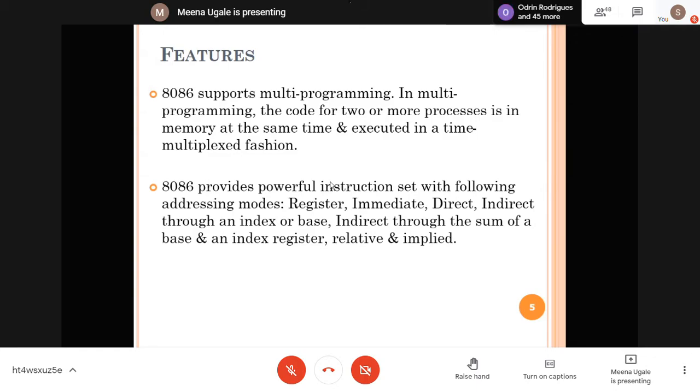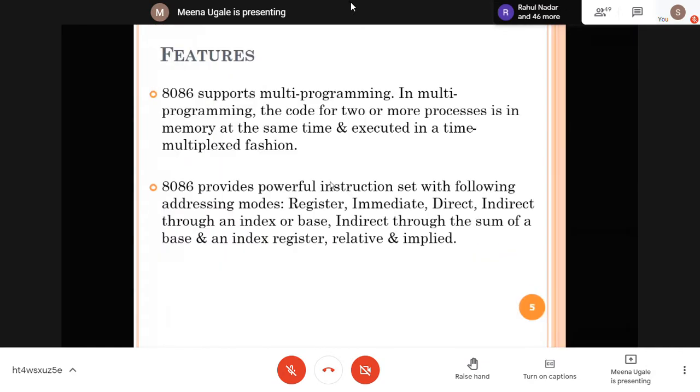Right now here just a list of addressing modes is given: register, immediate, direct, indirect through an index or base, indirect through the sum of base and index register, relative and implied. These are the names of addressing modes. Addressing mode is a very important concept when you are going to study any microprocessor or microcontroller.